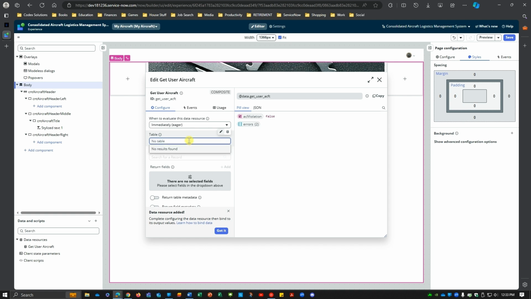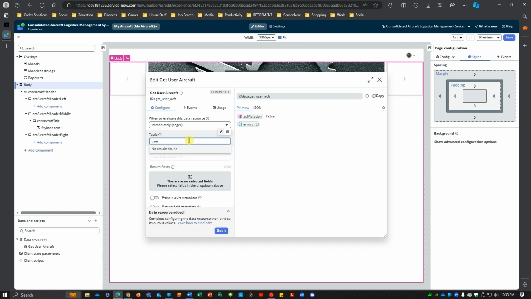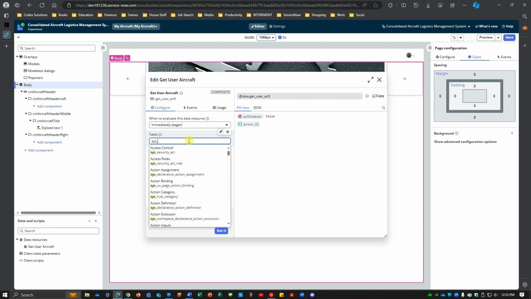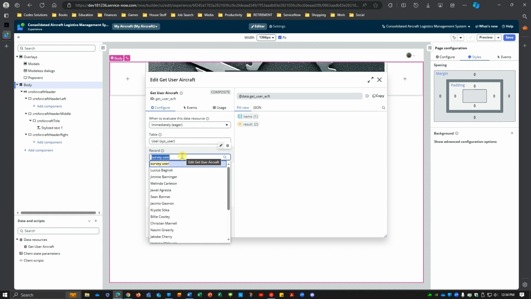And we'll go user. And for some reason in these things it doesn't let you search normally, like you would anywhere else in ServiceNow. But here we go. User table. And record will be